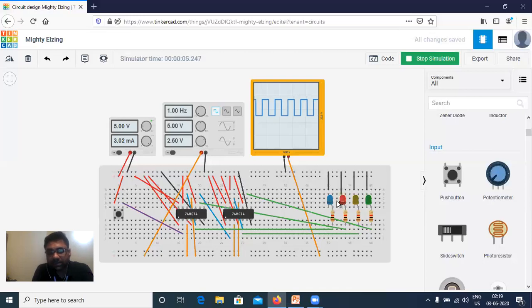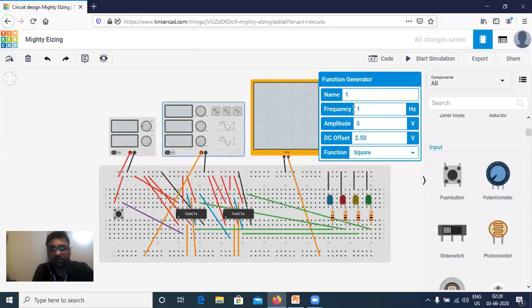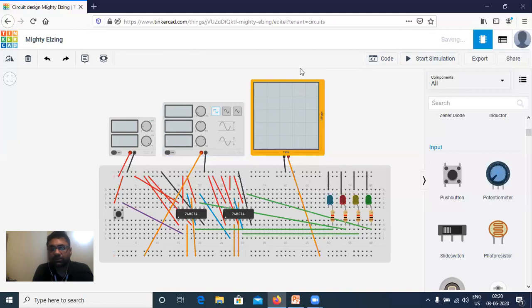Second, it has been shifted from here to here. Then it has gone to yellow, then green. Let me stop.